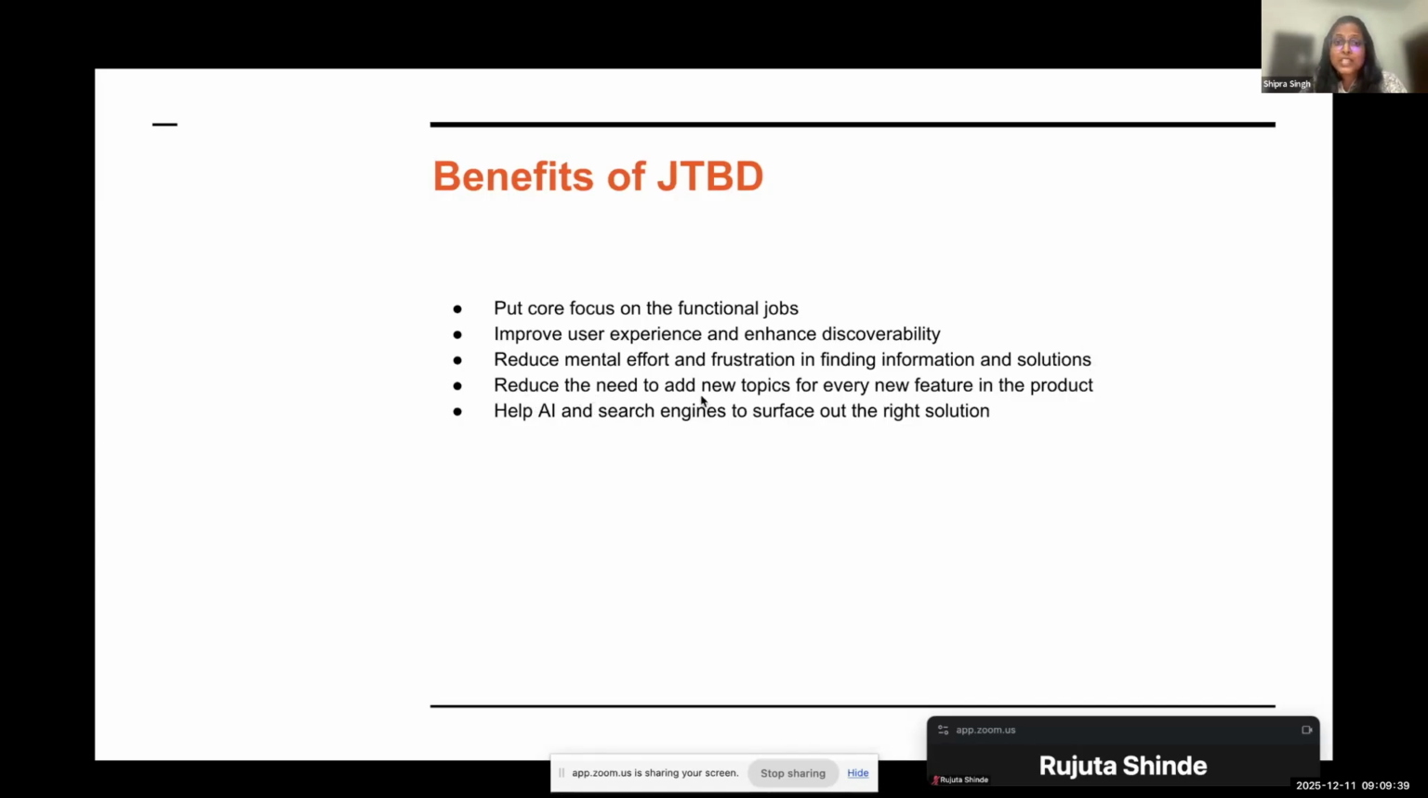And it also reduces the need to add new topics for every new feature in the product. Again, it's not always necessary to document each and every feature of the product unless it plays a crucial role or becomes part of the core functional job workflow. Only in those scenarios do we need to document a particular feature. Otherwise, it's not needed to document everything from the product,